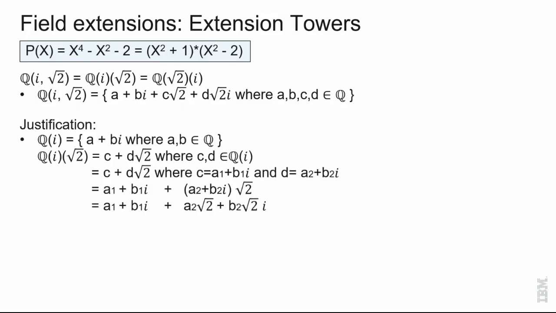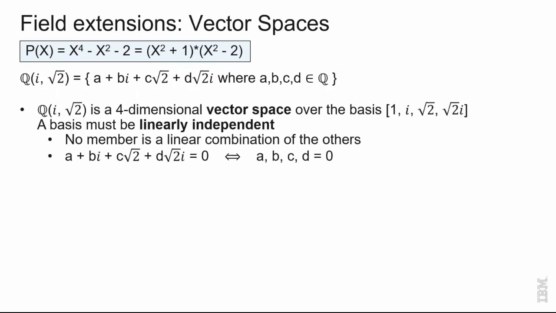There's a justification for this claim. I will not go over it. Okay, so you have an extension tower where we wanted to add i and square root of 2. We got a linear combination of 4 elements. But it's a very particular type of linear combination because these 4 elements, 1, i, square root of 2,